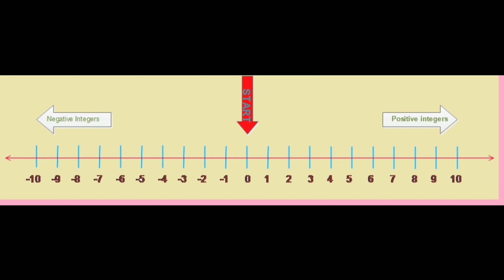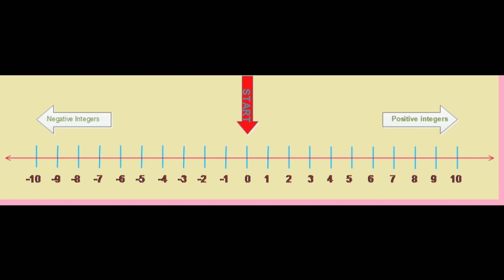So towards right side positive values, towards left side negative values. In between we have a 0. These are called what here? Integers. So we can say positive integers are 1, 2, 3 and so on. Negative integers -1, -2, -3 and so on. 0 is an integer that is neither negative nor positive.